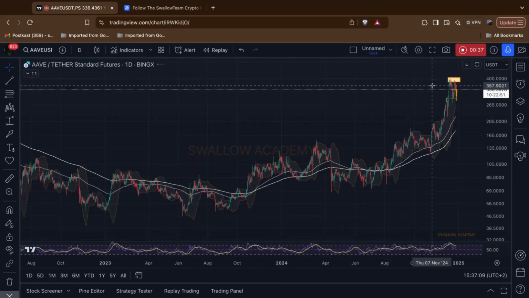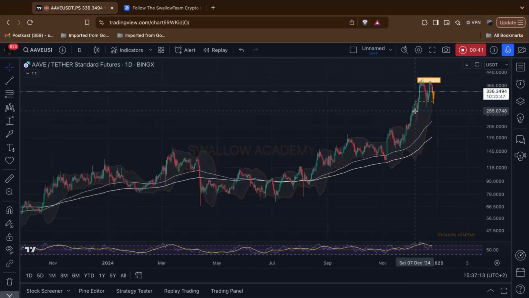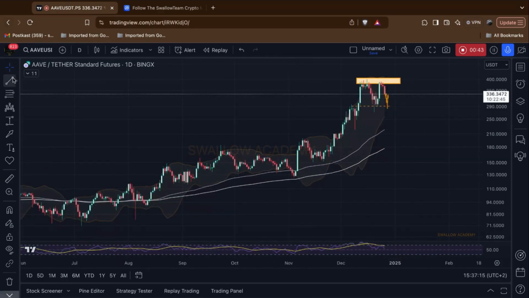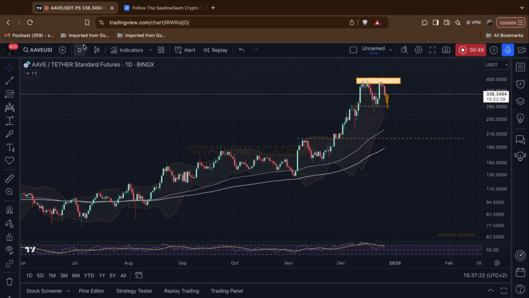zone here near the $400 mark, which might be a possible turning point for the coin and a possible movement to the lower zones, as low as $200. This is an extreme movement, and it will happen only if we form a double top pattern here. So on the 4 hour time frame,